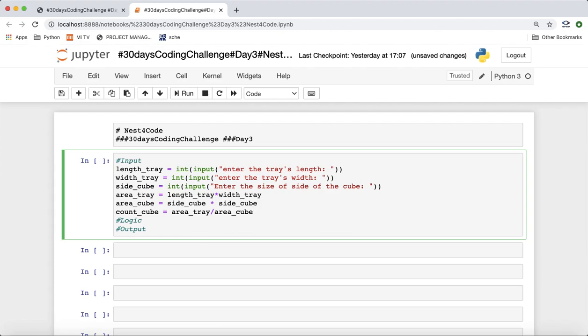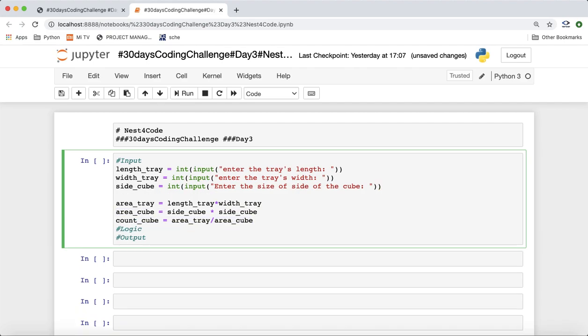And because we know that there is no extra space, right? So we know this length or the side, they are in proper proportion, so we can use this. If there was some problem with the gap or something, then the logic would have been different, right? So we'll just mark it as the logic part, right? This count will be our output.